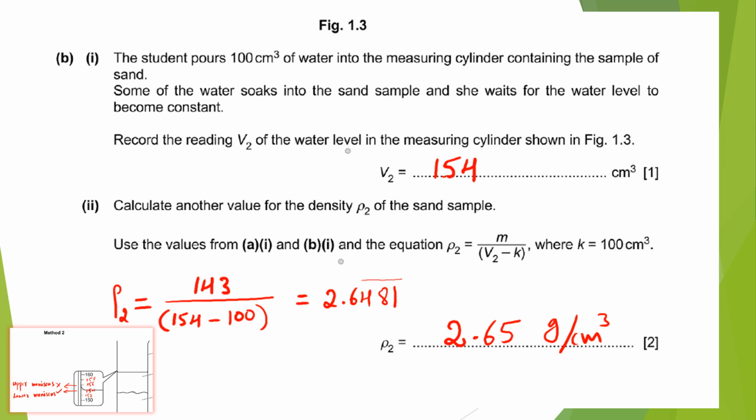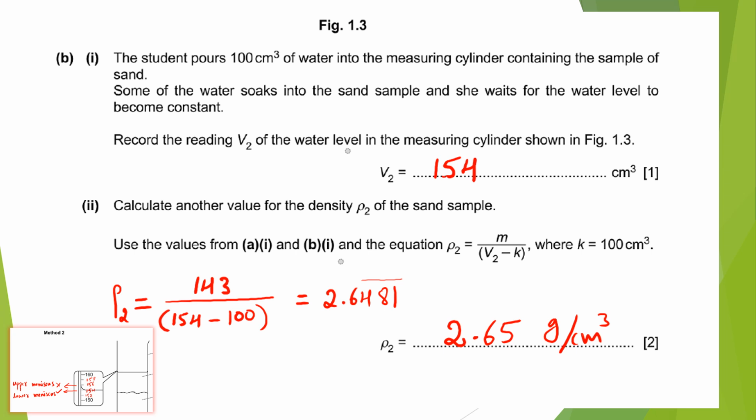So just look at figure 1.3 in your question paper or at the bottom of the page. In between 150 and 160, we need to find out the exact water level. So we should always focus on the lower meniscus. It is 154 centimeter cube. And part 2,